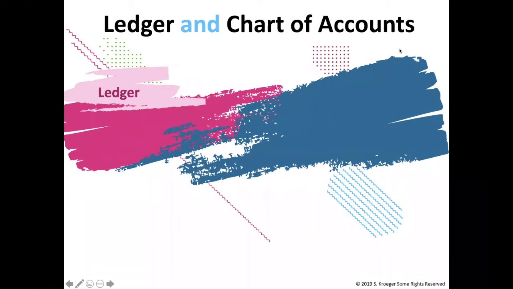Our next topic is on the general ledger. The ledger is a collection of all accounts and their balances. This is different from the journal because the ledger lists each account individually. The journal lists every transaction in order, but let's say I want to know how much customers owe me, the